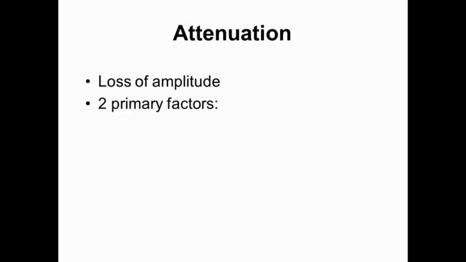Attenuation describes a decrease in amplitude that ultrasound waves experience in transit. Technically, attenuation is the loss of amplitude for any cause, but for our purposes there are two main factors that contribute to the degree of attenuation. These factors are absorption and reflection. Absorption is the primary form of attenuation in soft tissues and reflects the energy lost as heat during propagation of the wave. Think of absorption as the tax on an amplitude for moving through a particular